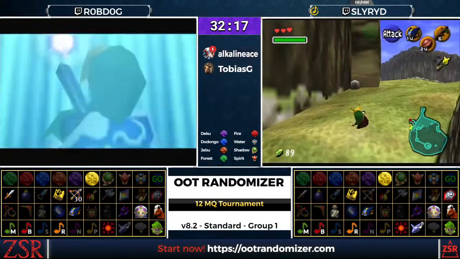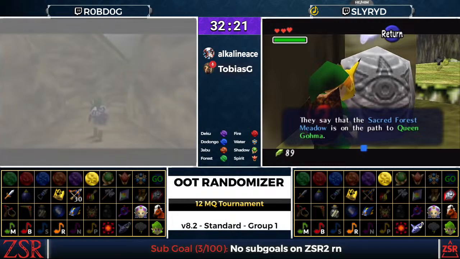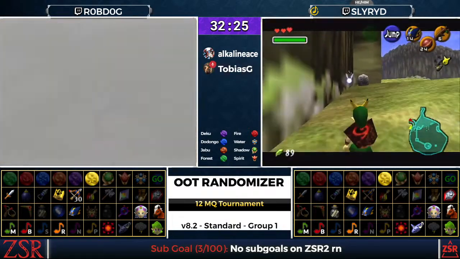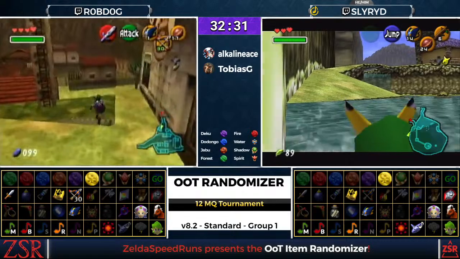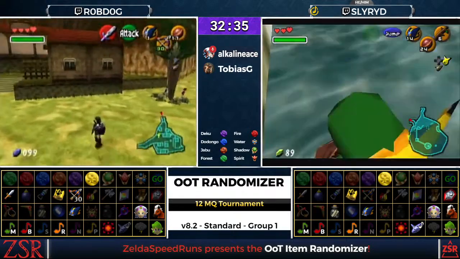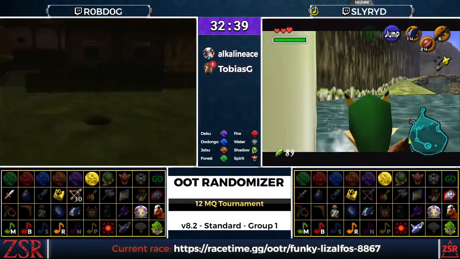Okay, Wallet is really nice right now. Yeah, so Wallet is really useful. We still don't have bombs. Sacred Forest Meadow to Queen Gohma. What songs did we get there again? Wait, two Gohma paths? Okay, so the slingshot is separately hinted. Yeah, so is it slingshot? Let me think. Yeah, so